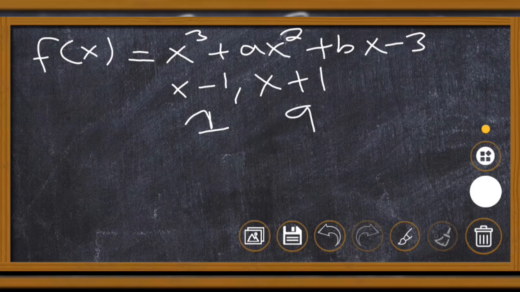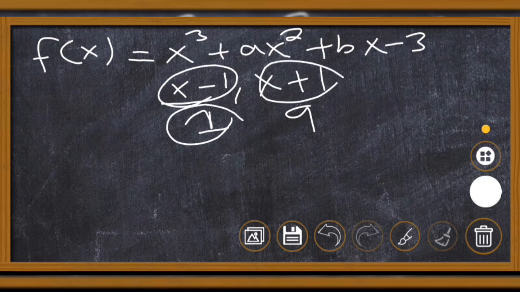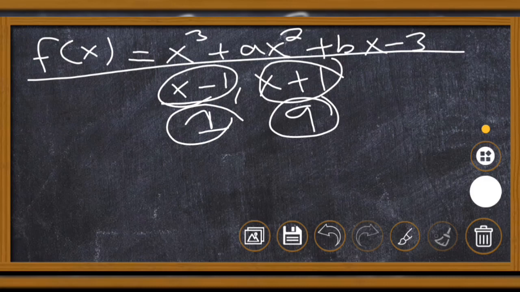So this implies that when you replace with this, the remainder is 1. When you replace with this, the remainder is 9. So in a statement, they can say, given this polynomial function, find the values of a and b when it is divided by x minus 1 and x plus 1, which have the remainders 1 and 9 rather here. So when they mention this first divisor, you should equate it to the remainder which they mention first, which